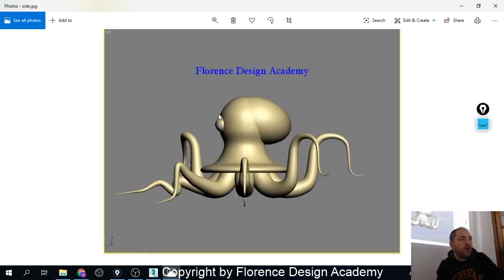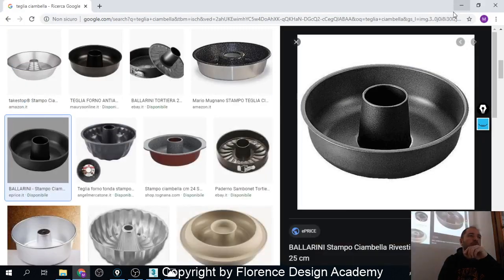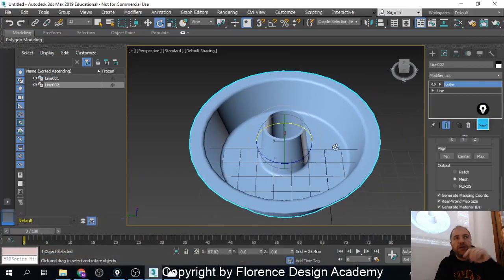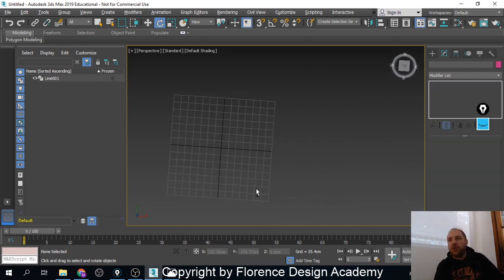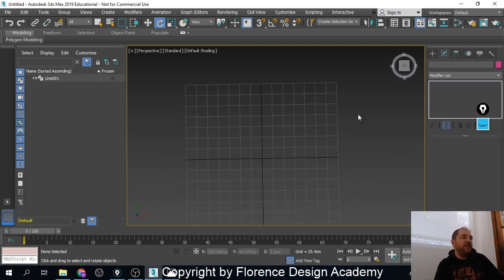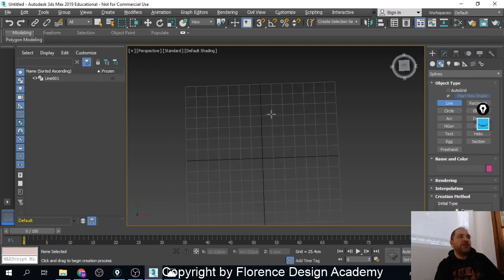Because from all sides, from all views, this part of the head is made by making one profile that technically looks like the bell example that I've made, and then by using the pivot point to the center, this is lathe. And again, not because in your projects you will make just monsters, octopus and other creatures like that, but look, today the homework is about an octopus, but then if I give you, if I draw this shape, look,